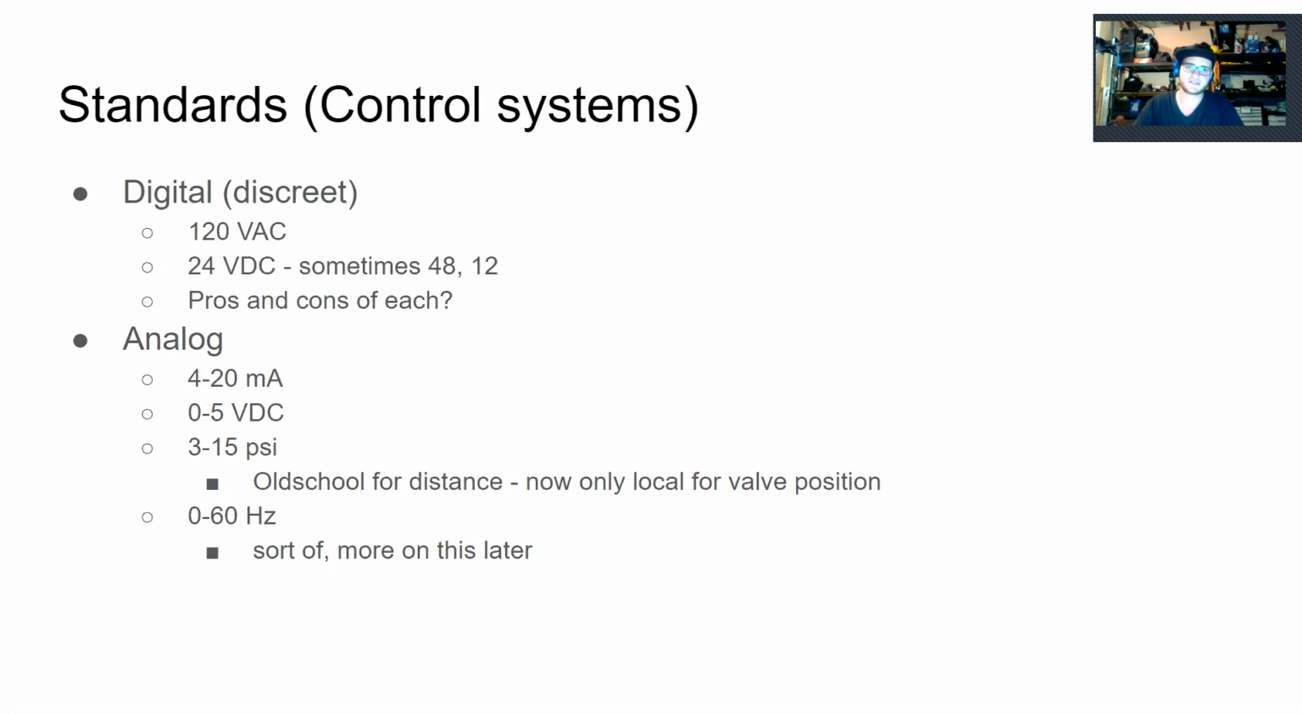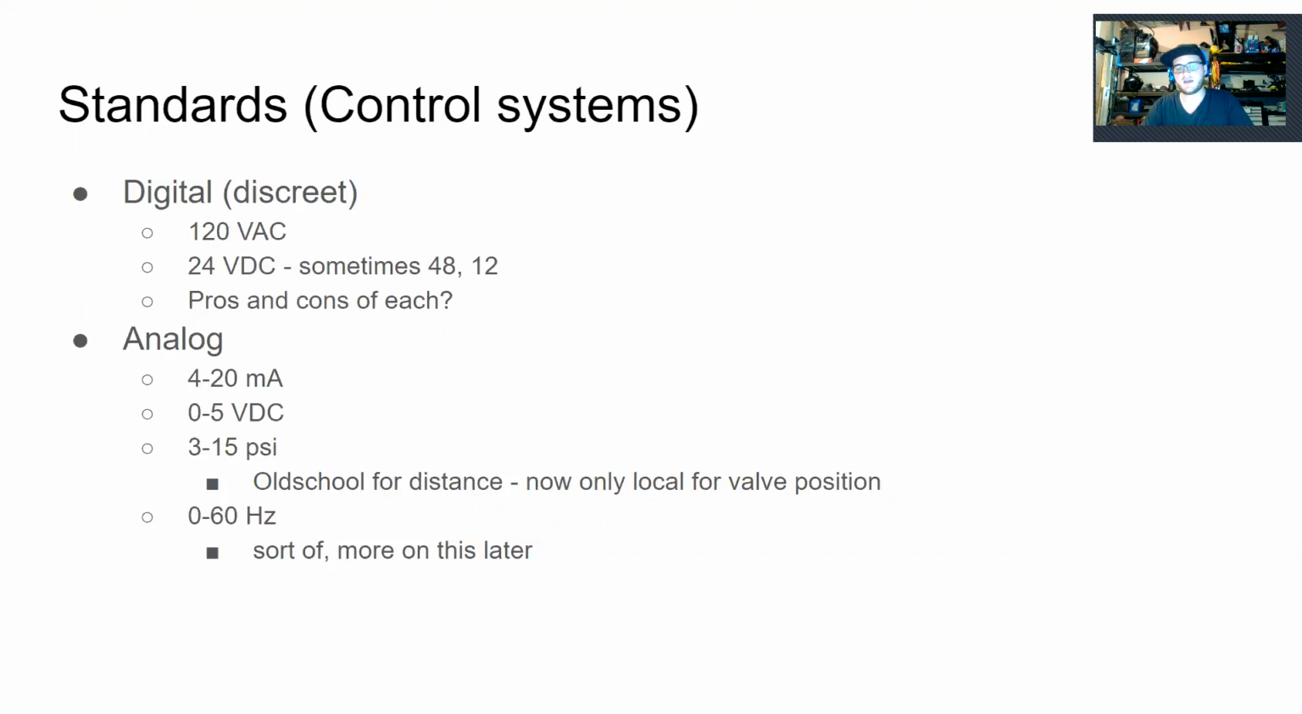These days, that's pretty rare. As you can imagine, there's inherent issues with it. If you have damage to your tube, you lose air pressure, your system really doesn't work anymore. And it's much easier to damage pneumatic tubing than it is to damage wiring. So nowadays, you still see that 3 to 15 psi, but it's really only on control valves that are pneumatically